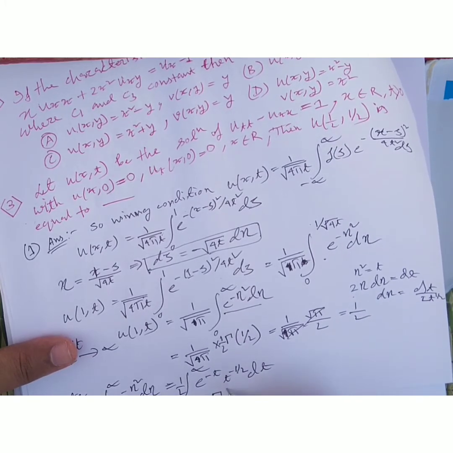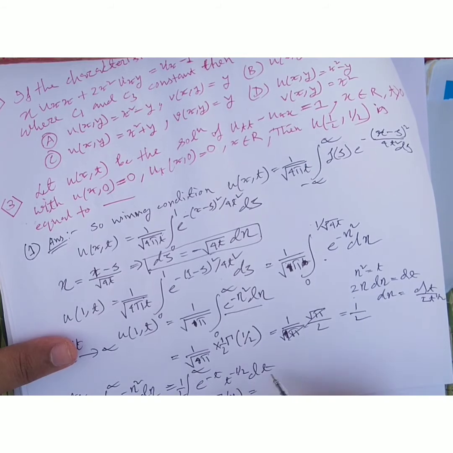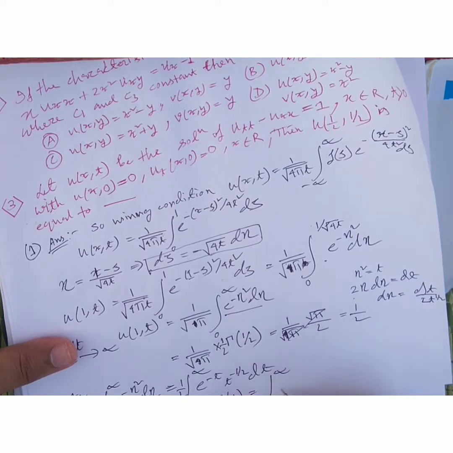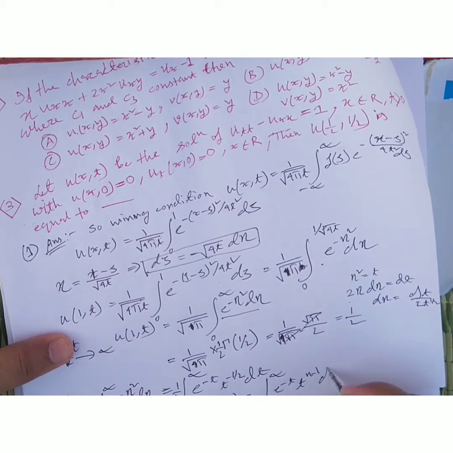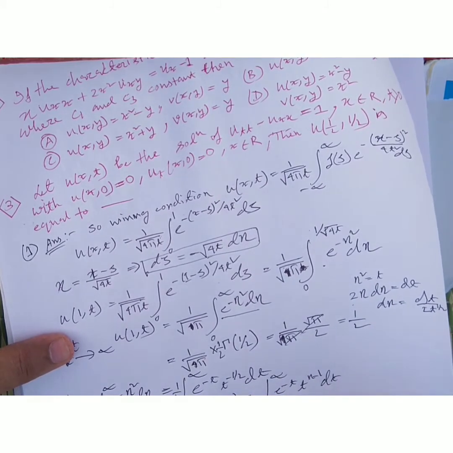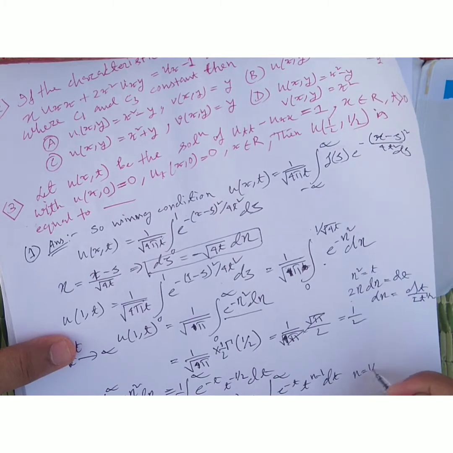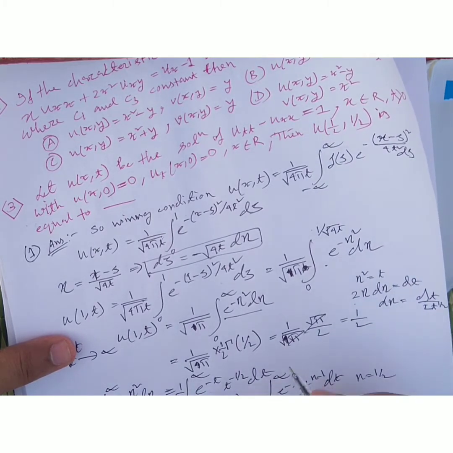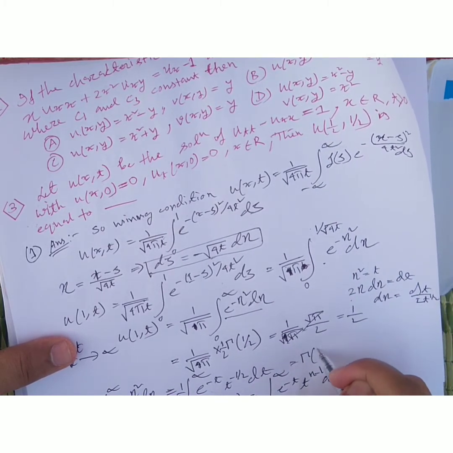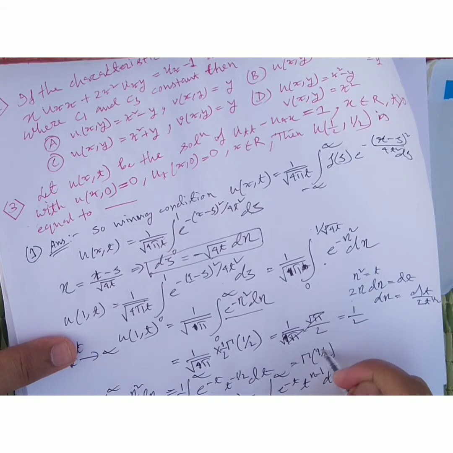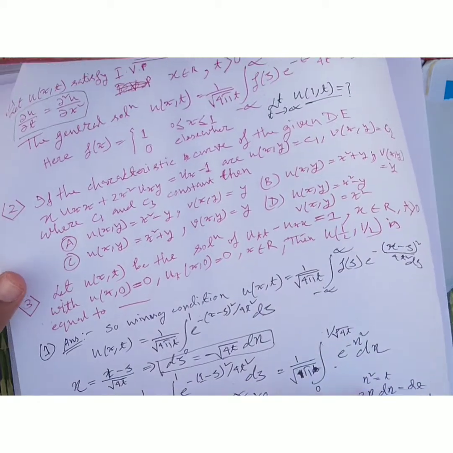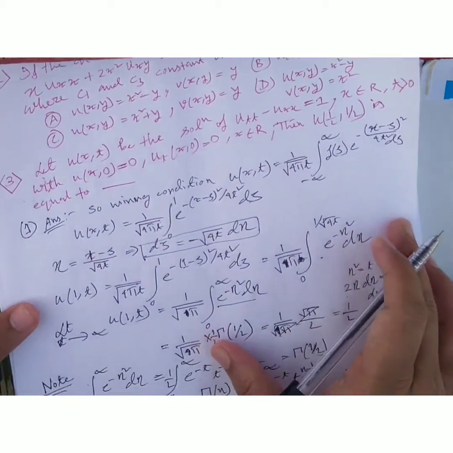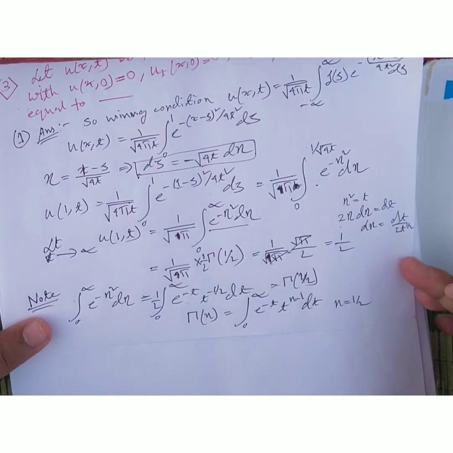Gamma function means gamma n is equal to 0 to infinity e to the power minus t into t to the power n minus 1 dt. Okay, in here n is equal to half, that's why it is minus half, so it is gamma half. So friends, clear? I hope everybody can understand whatever I want to say. It is clear for everyone. Yeah, obviously.